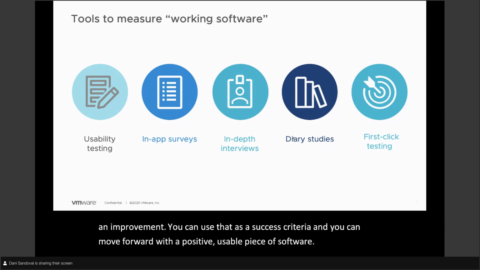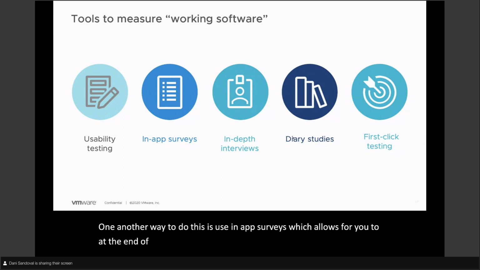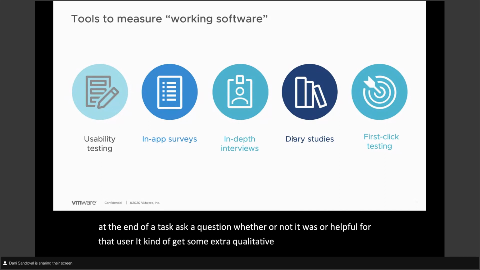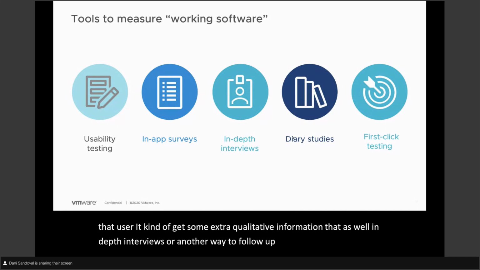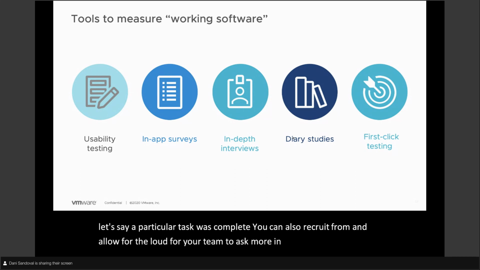Another way to do this is to use in-app surveys, which allows you, at the end of a task, to ask whether or not it was valuable or helpful for that user, and get some extra qualitative information as well. In-depth interviews are another way to follow up in these situations where, let's say, a particular task was complete. You can also recruit from that, and allow your team to ask more in-depth questions when quantitative metrics aren't